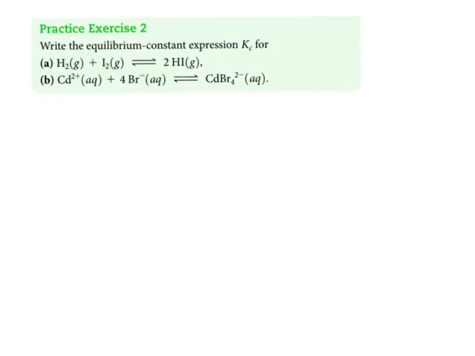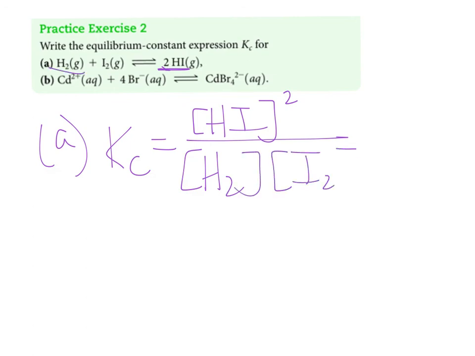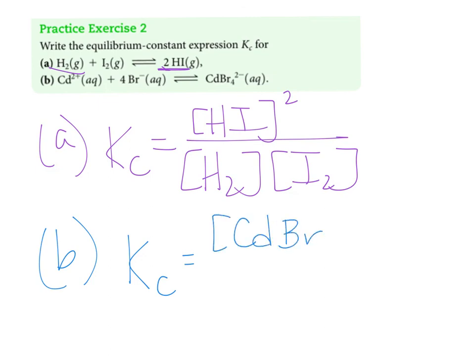2 more practice problems. You can pause the video and try them and then check. For the first one, Kc is going to be equal to your concentration of your product to the second power, because this is a 2, divided by the concentration of H2, your first reactant, to the first power, times I2, also to the first power. For the second reaction, our equilibrium constant is going to be equal to the concentration of our product to the first power, because there's no coefficient,